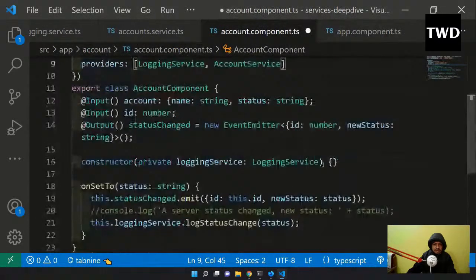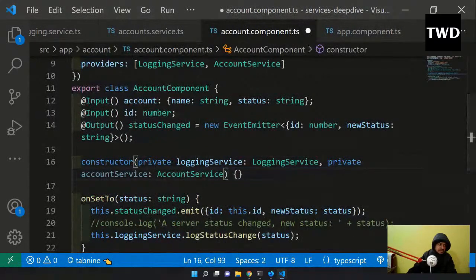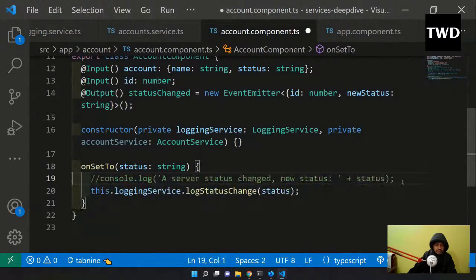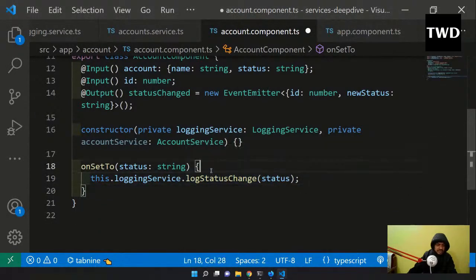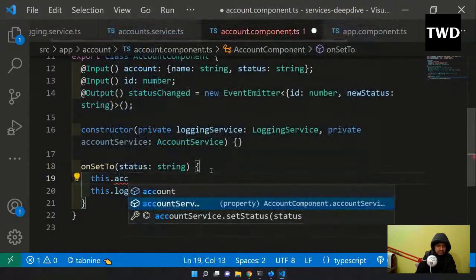I'll go here, and this I'll do. And now this onset is there. Again I will remove this emit thing and all. Okay, this emit thing I can remove, and let me remove this also. Instead of that, I can directly use that account service. Again, this dot account service